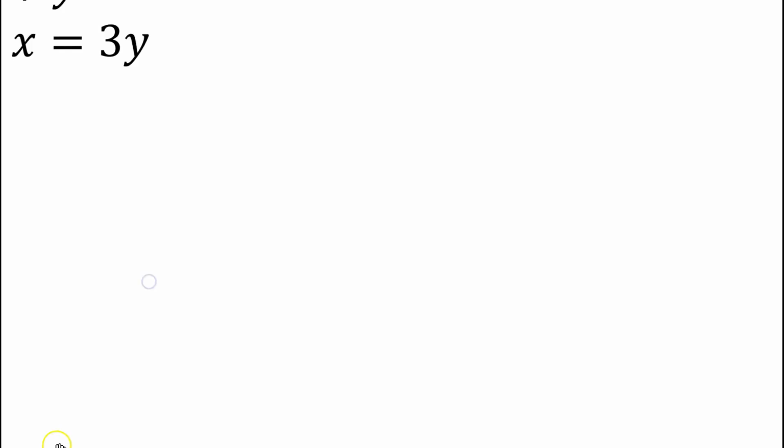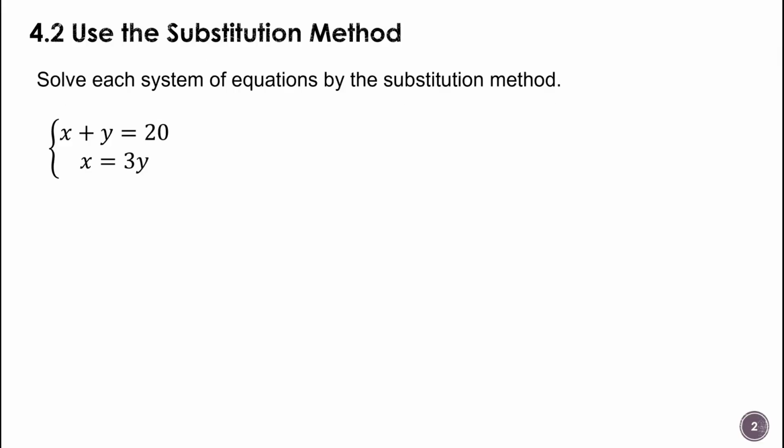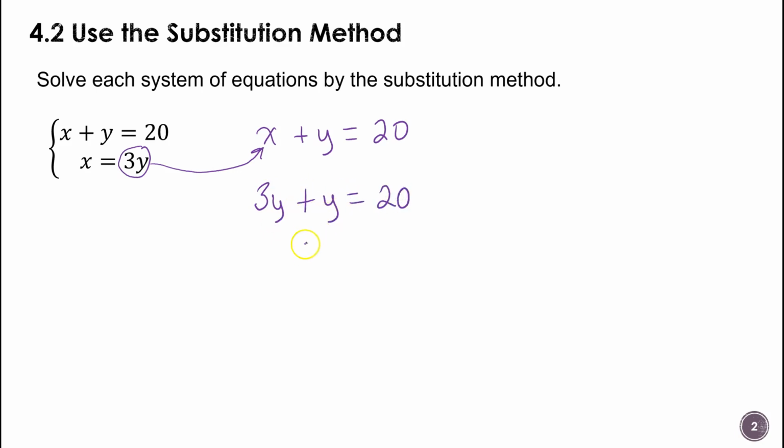So if you notice on this second equation, you can see that x is equal to 3 times y. So what we're going to do is substitute into the other equation for x. All right, so I'm actually going to take 3y and replace x with that. So I'm substituting because x is equal to 3y in one equation. So 3y plus y equals 20. Add those together, so 4y equals 20, and then I divide by 4 to solve for y, and y is